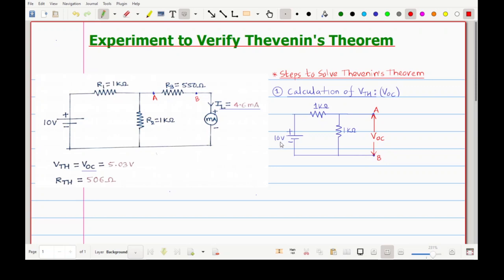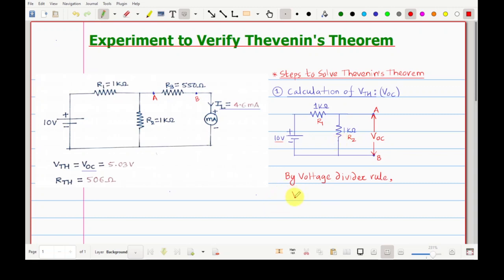So now you know that we are having this 10 volt, and then we are having this 1 kilo ohm and 1 kilo ohm. These two resistances are in series. So this was your R1, and this was your R2. Okay. So R1 and R2 are in series. So what happens? Whenever resistances are connected in series, voltage will get divided across them. So here this 10 volt will get divided between R1 and R2. So we can use the voltage divider rule over here. Okay. So when we apply the voltage divider rule over here, we are measuring the voltage across R2, this resistance.